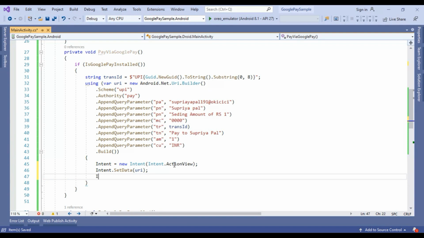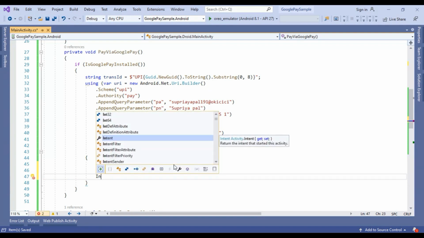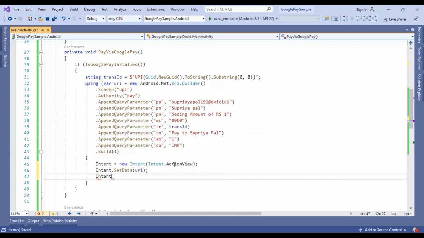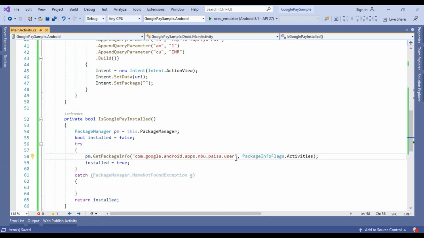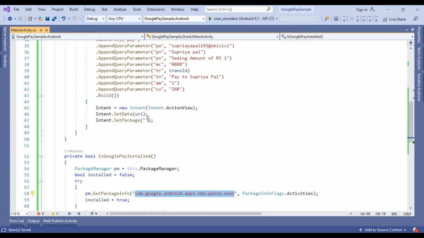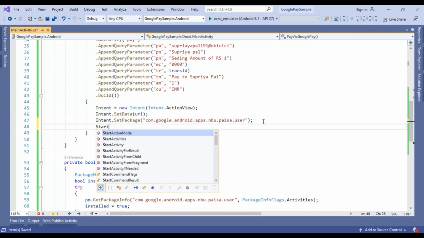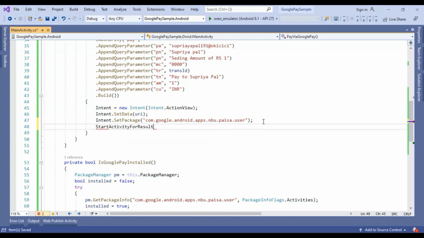Okay, so now we have to set the package name of Google Pay. So intent dot setPackage, and using this setPackage function we have to pass the package name as a parameter. So here is the package name of our Google Pay, so you need to pass the package name here. And next we have to use startActivityForResult, and this startActivityForResult will open Google Pay if it is installed on our system. And here we are passing this intent,